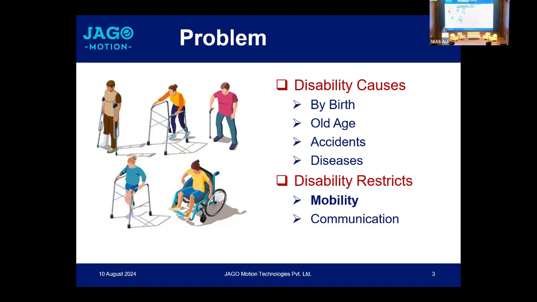I spoke to many people. I saw it in my home, I saw neighbors, I spoke to them firsthand. For the last 4 years I've been working, very consciously meeting people and talking to them. What I saw is their mobility is restricted, so they don't move. They're at home. They're not going out. They're not going to social things, parties, events. They're restricted. People also don't feel shame in leaving them at home. They themselves don't feel that they need to go out. So the mobility of disabled people is severely restricted.